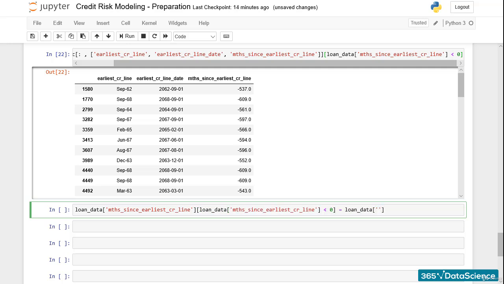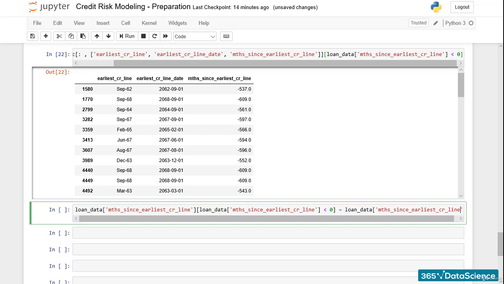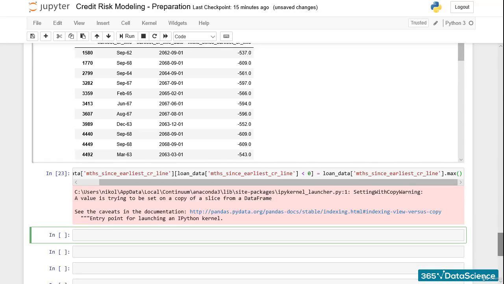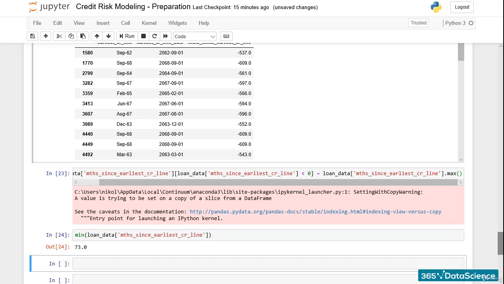Next, we assign these rows to be equal to the maximum of the months since earliest credit line. Finally, let's check the minimum of months since earliest credit line again. Great, it's 73. We've imputed the value successfully, and our variable is ready for analysis.